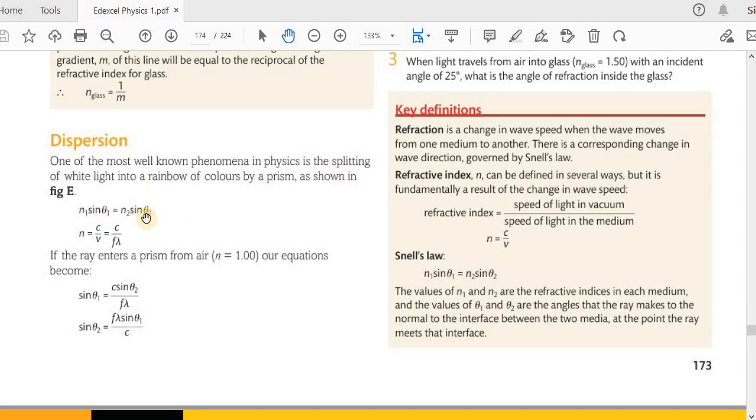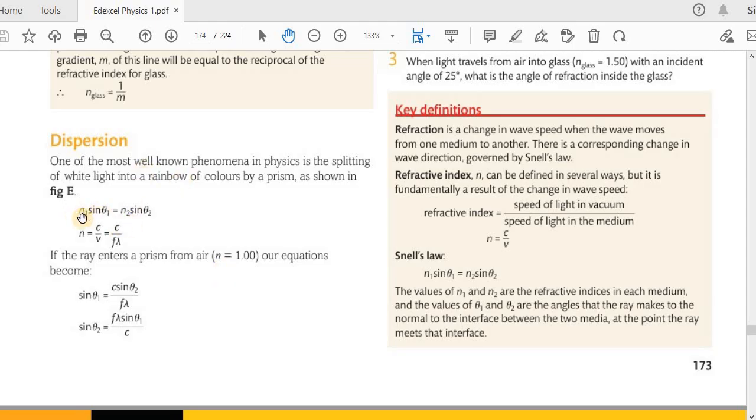Then we have this. What is this? The Snell's law equation. And we have this, which is the definition of refractive index. If you write it in words, this is the speed of light in vacuum. This is the speed of light in the medium. So the ratio of those two will give you the refractive index. And v equals f lambda. So we can replace v with f lambda. If the ray enters a prism from air, okay, if it's air, the refractive index is 1. Our equations